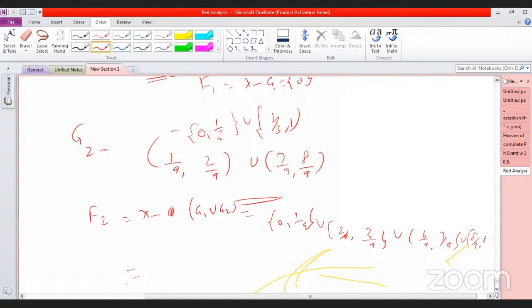We continue this process. Obtain the open sets G1, G2, G3 and closed sets F1, F2, F3 and so on. Fn is equal to